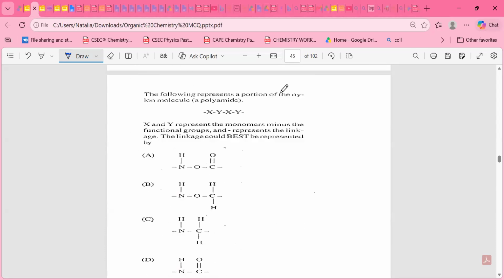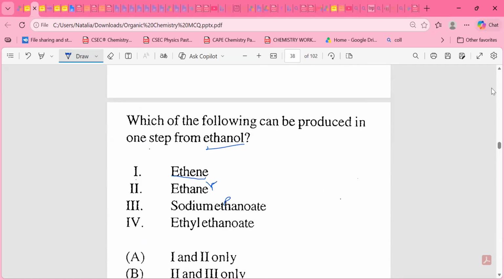The following represents a portion of a nylon molecule, a polyamide. X and Y represent the monomer minus the functional group, and the dash represents the linkage. The linkage could be best represented, so the amide linkage is, so in the amide linkage,